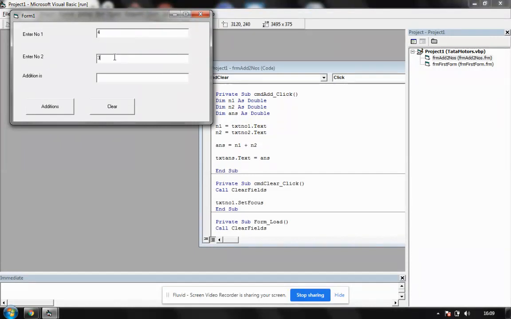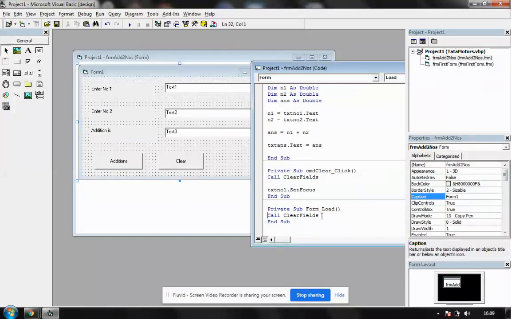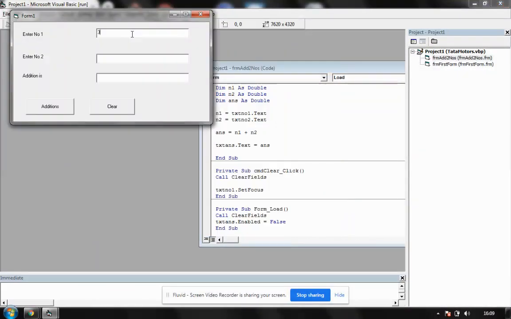See, if I enter values here and make additions, I can change this thing. So this should not happen. But to do that, it's very simple. On form load of yours, you have to say, once everything is clear, this txt answer has to be read only, like enable false. What does enable false mean? That if anybody enters data, it shows the addition, and nobody should be able to edit it. So it is showing in gray color and not active. So this is all, and this thing should happen.